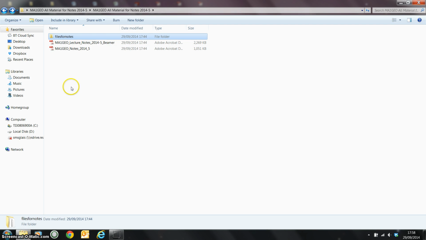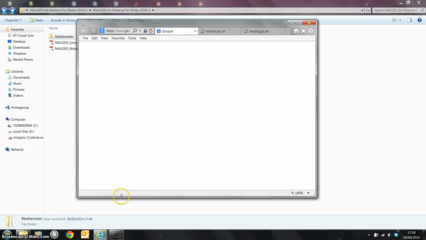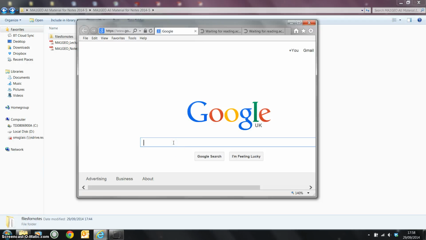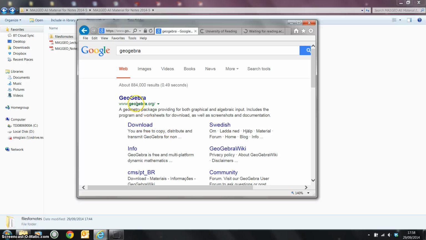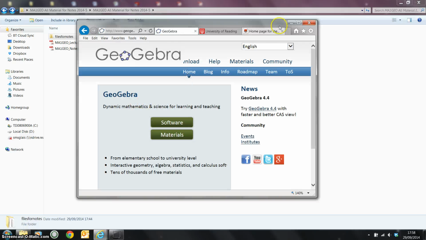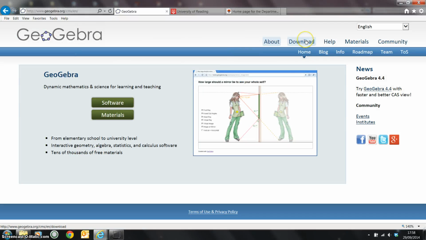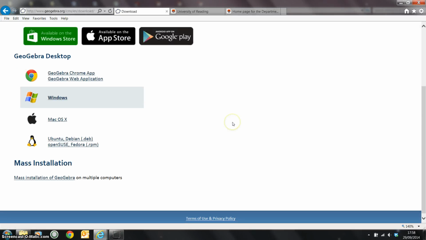and go back. Secondly and lastly, I need to download GeoGebra. So again, open a standard browser window. From within Google, type GeoGebra and go to the GeoGebra site. Click download at the top, and then one can either install a simple piece of software that allows you to access the files so long as you're on the internet. I prefer to either use the complete Windows download or the Mac download. This is a Windows PC, so if I select that,